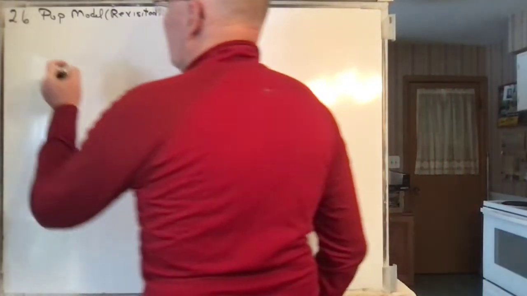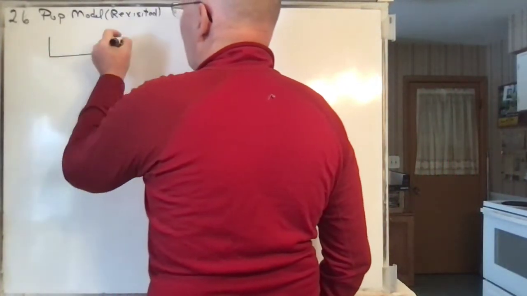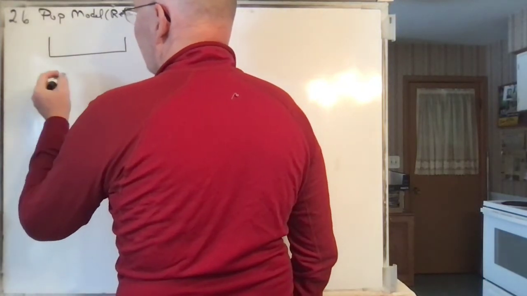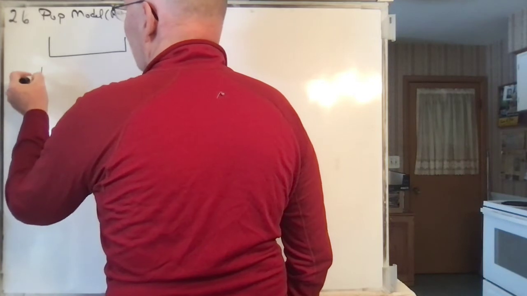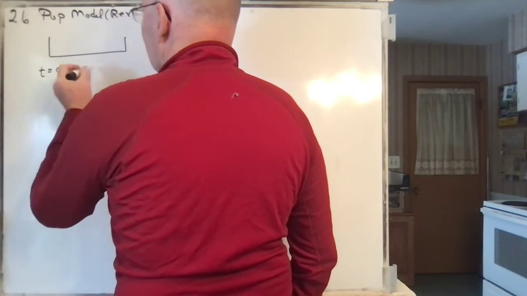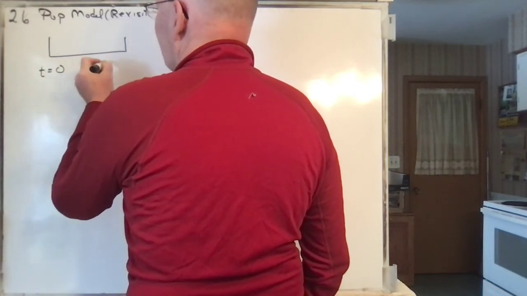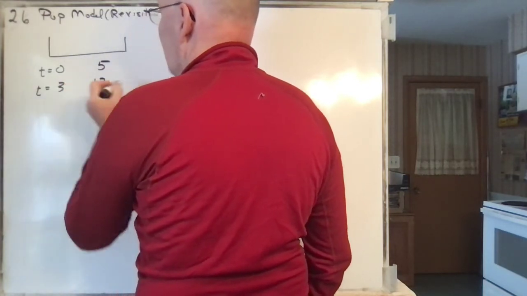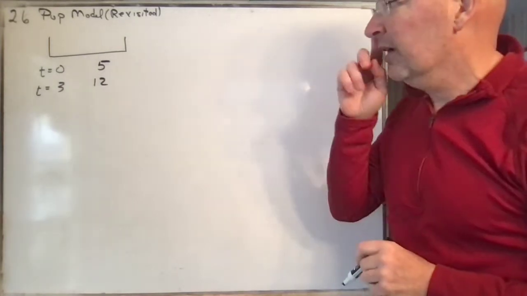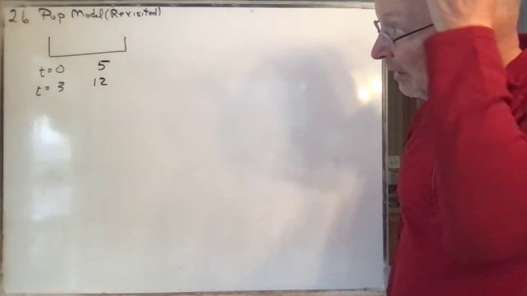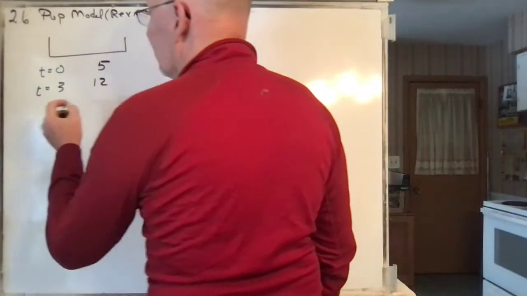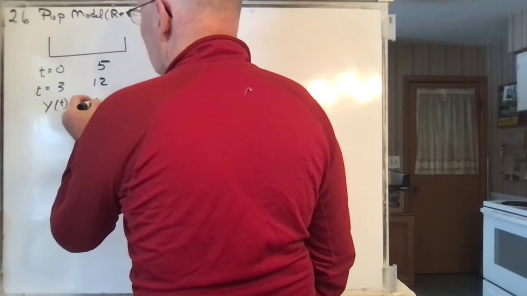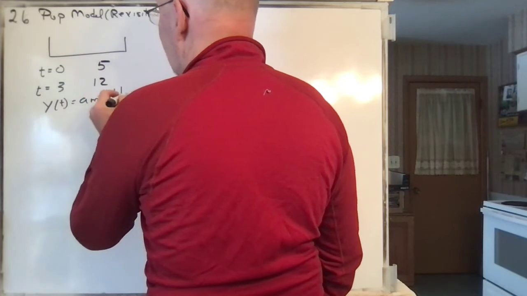We had this bacteria, or I guess it was mold, in a dish, and we started off with it at a certain time, and we said at time equal to 0, there were 5 grams there, and at time equal to 3, there were 12. And so given that, we wanted to find the total amount, and what we assumed was that if y of t is the amount at time t,